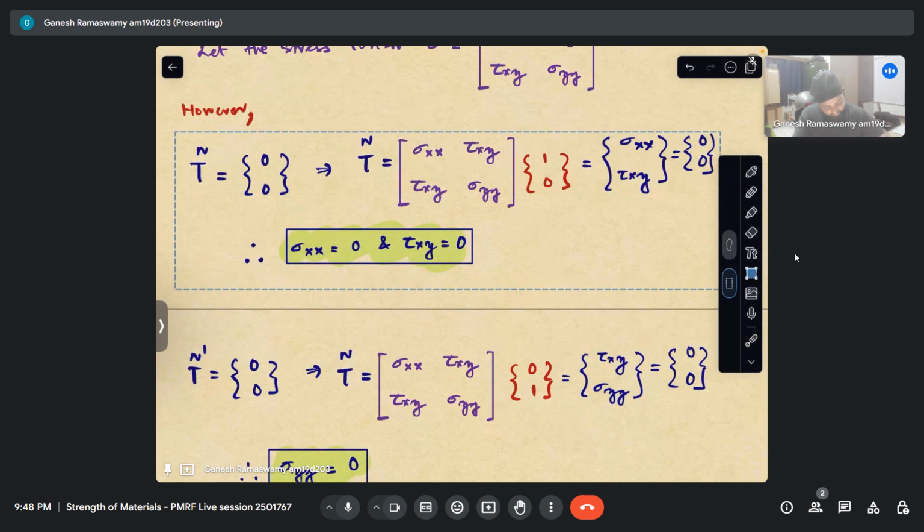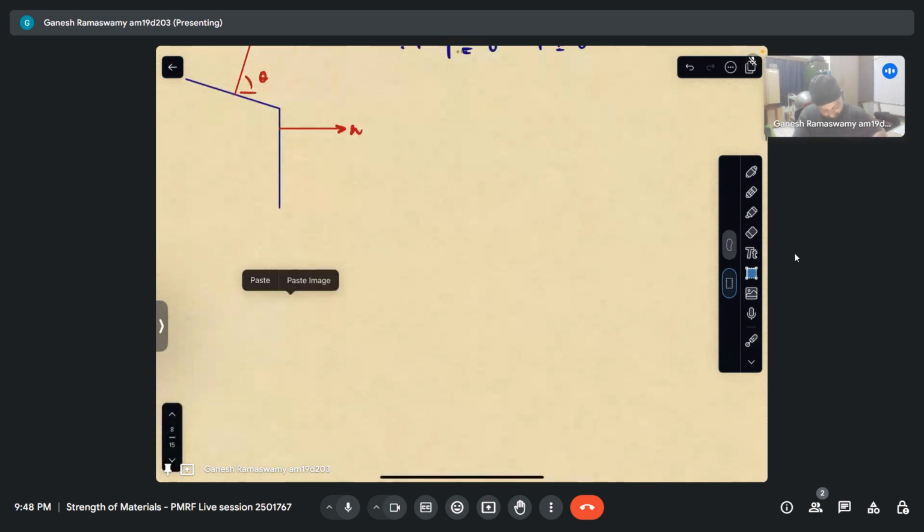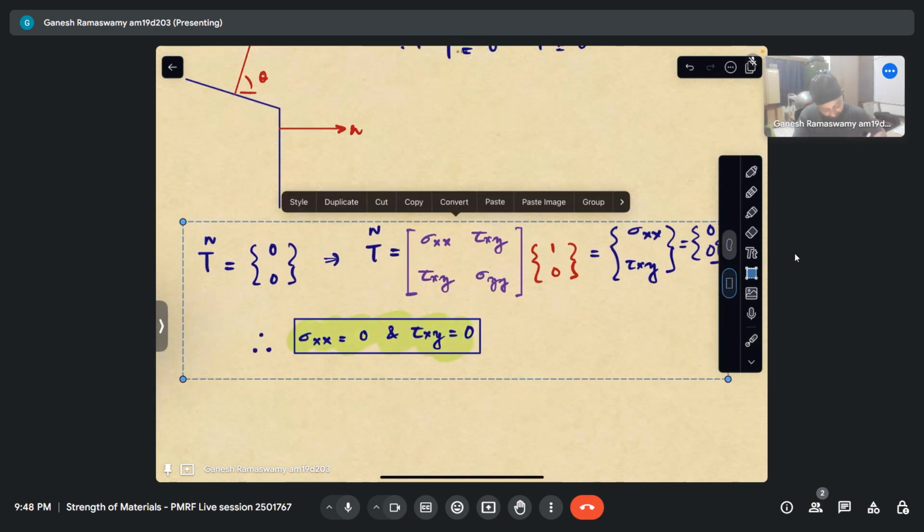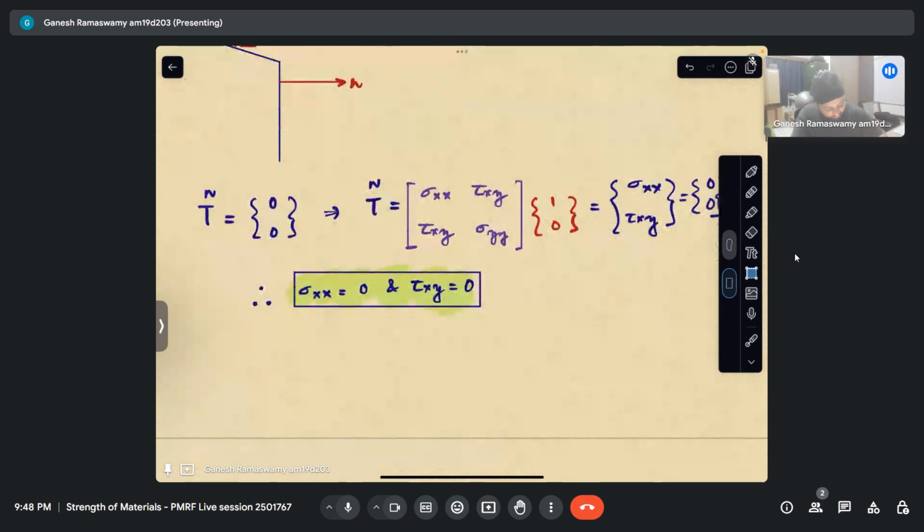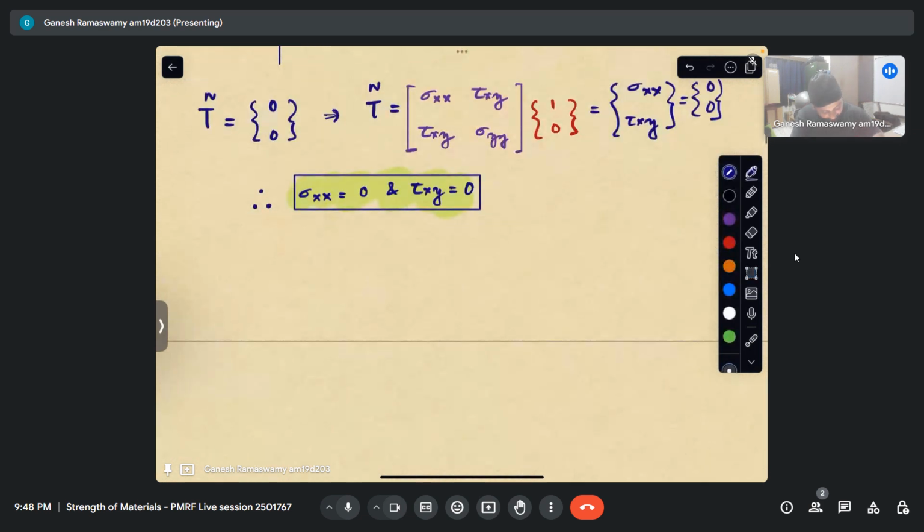I know this still holds for this case. Now the only question is on Tn prime. Now n prime is not 0, 1, but it is some cos theta, sine theta. But Tn prime is